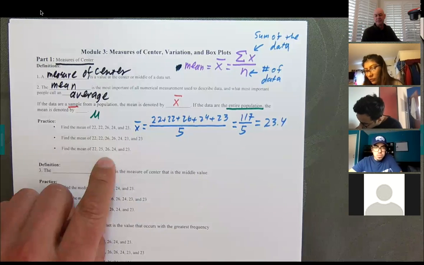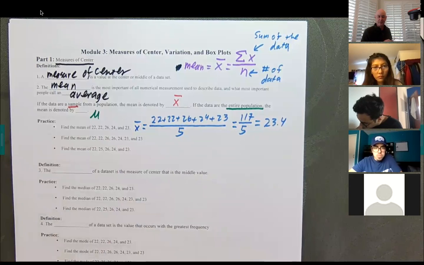And if I had more time, I would do these with you as well, but we don't. So we're going to move on to the next definition,